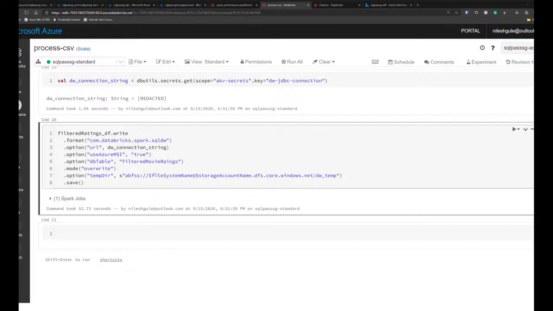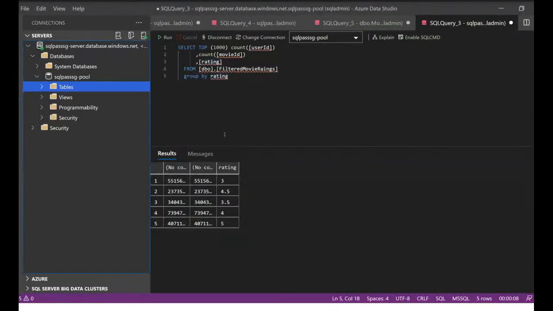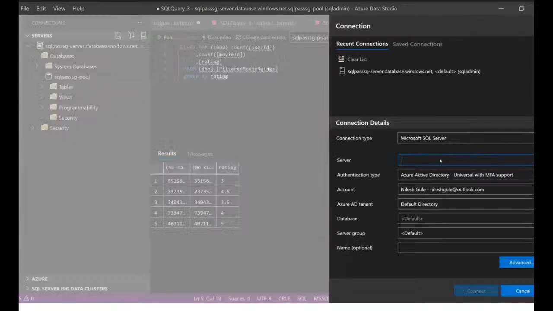So let's connect to the SQL data warehouse and see if this data is available. In order to connect to the SQL data warehouse, I can use SQL Server Management Studio, SSMS, or I can use Azure Data Explorer. This is a cross-platform tool, and I'm using Azure Data Explorer in this case. The connection is the same as we do in SSMS.